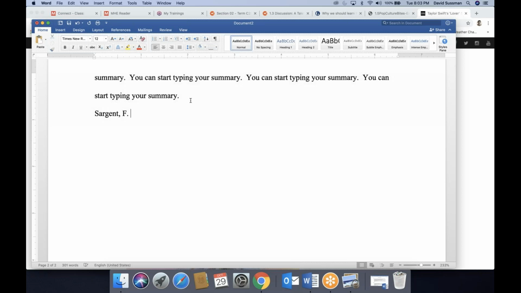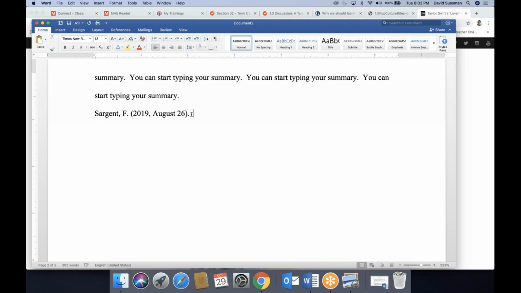Okay. So last name, first initial. Then in parentheses, the date. So that was what? 2019, August, and type out the full month. So none of this. I think it was 26. I'll double check. Ending parentheses, period. After each stage. So after the author's name, period. After the date, period.